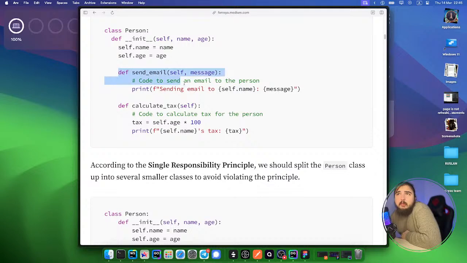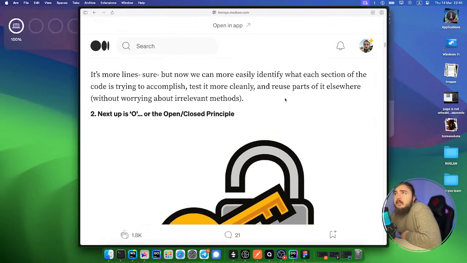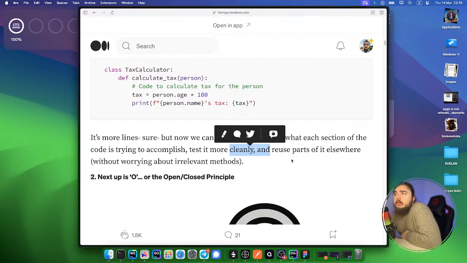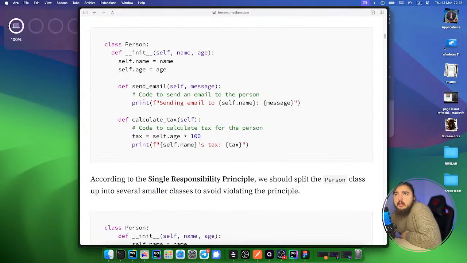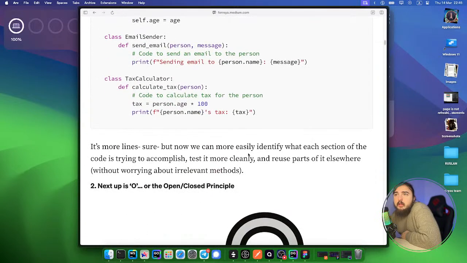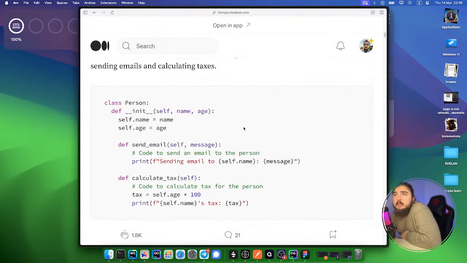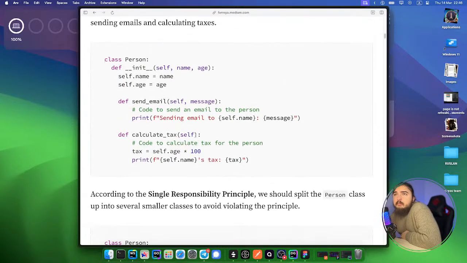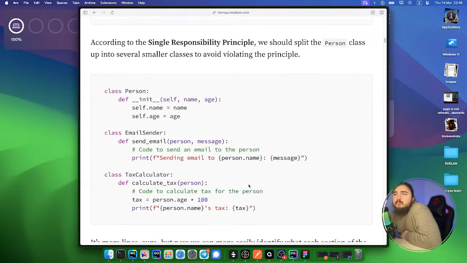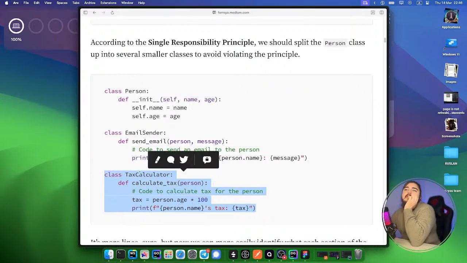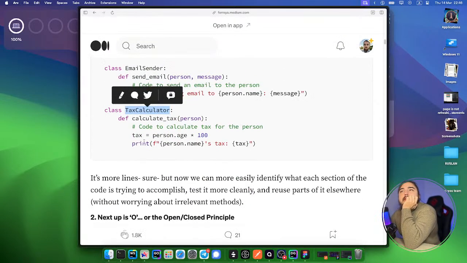It's understandable. It's not what he's saying, without worrying about relevant methods. It's not relevant, it's okay. It's an okay method, but it's easier. I can say that it's easier to write tests. It's easier, for example, when you have